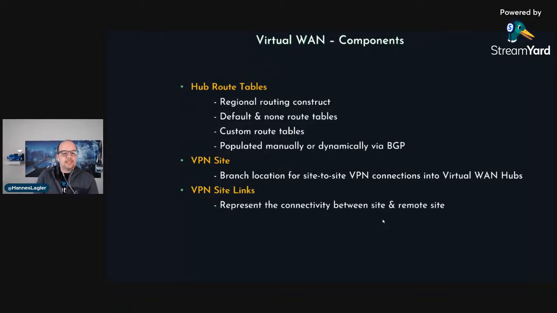You also have to build up VPN sites, the on-premise, or when we think about the local gateway from the VPN perspective, which represents the VPN connection between VirtualWan Hub and on-premise or the branch office. And we have the site links, the connectivity. This is really the connection between on-premise and VirtualWan.